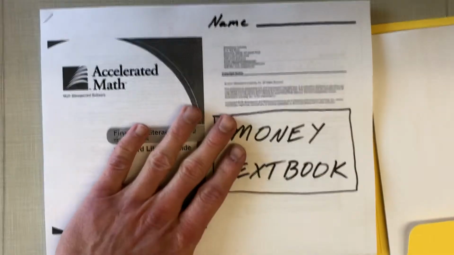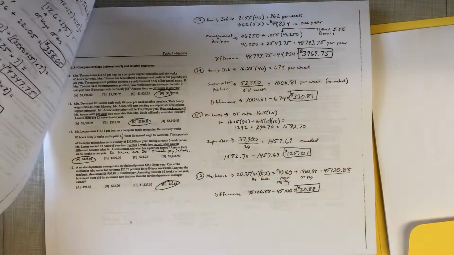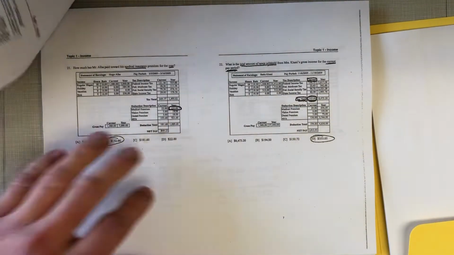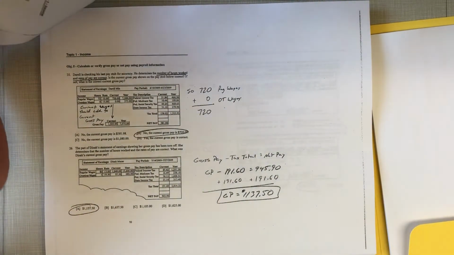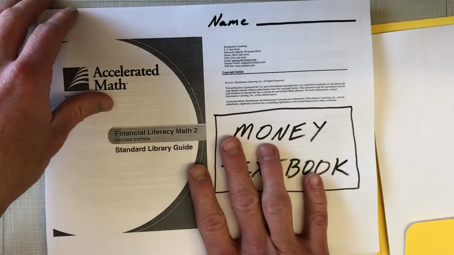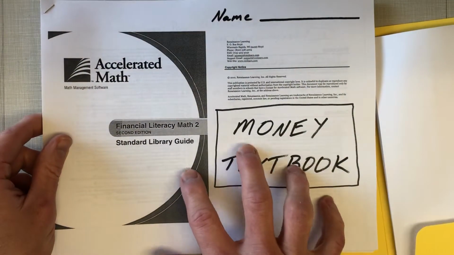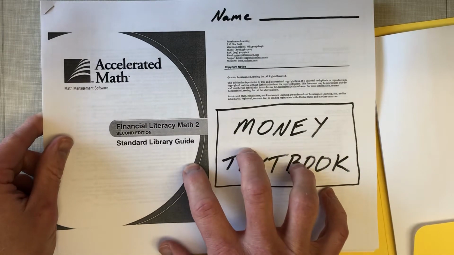But for people that haven't had me, this just shows examples of all the different problems that you could see that you would test on. So you're not doing these problems. These actually have been done for you and show examples. So that's the money textbook. Okay. The videos that I will post will be based on this, going over these problems. Okay. So this is an important thing to have. Okay. The other packet